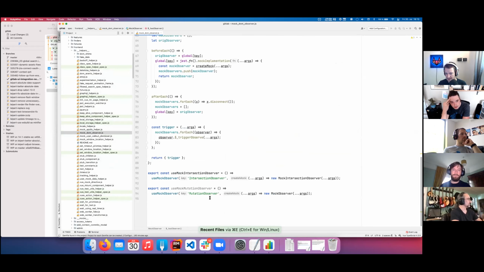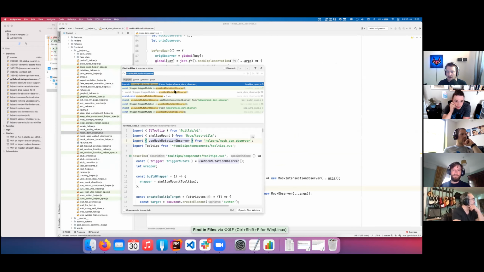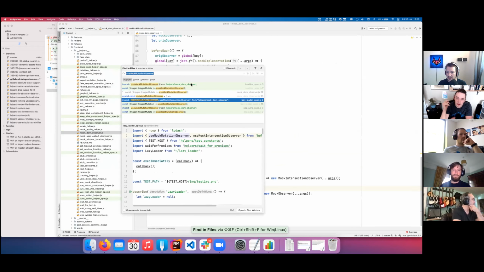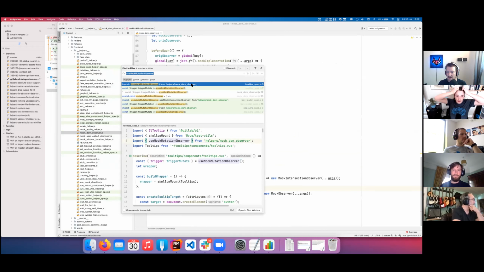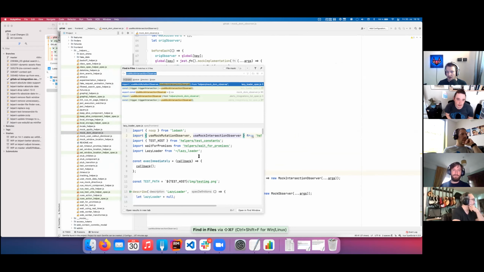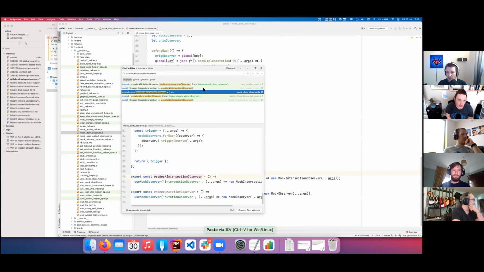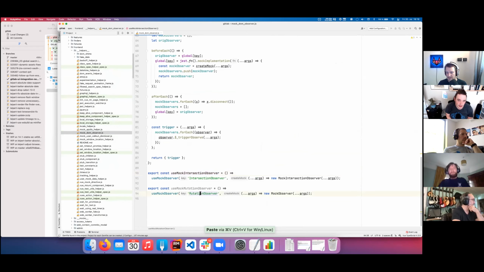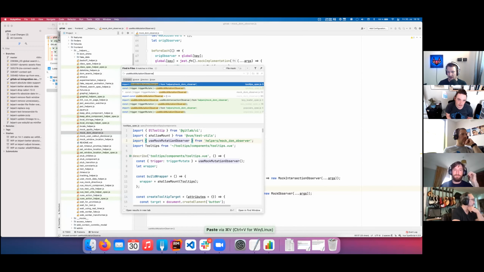It currently can just be used for intersection and mutation observer because that's the only ones that we use. We probably don't need the mock one. And so the question, we probably don't need the mutation one. It's actually funny because it looks like we use triggering it. Rather than mocking and triggering it, we actually could trigger the mutation that should cause the thing to